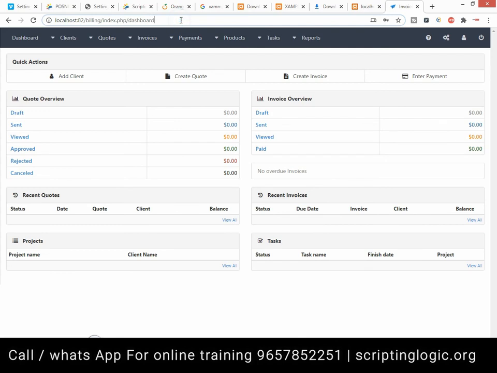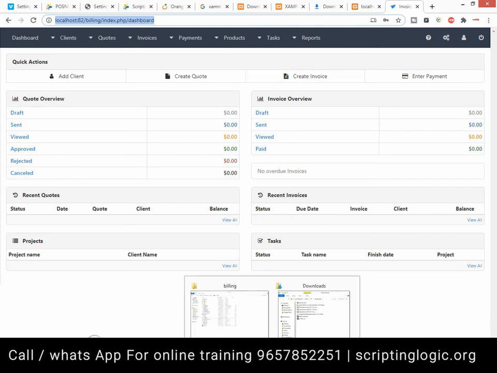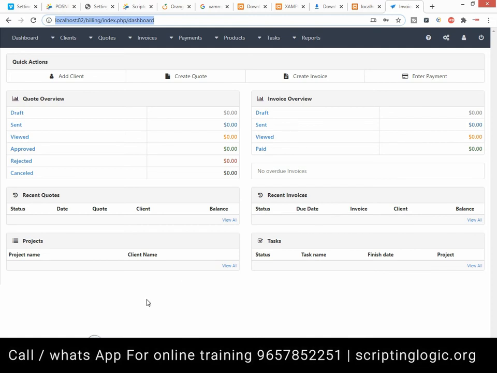It is accessible to only your local area network. So now here, this is accessible currently on my own machine. But suppose my machine is in a network, if this PC or this laptop is connected to some Wi-Fi network, and the same Wi-Fi network is associated with my mobile as well, I can put the IP address of my machine instead of localhost and the rest of the URL on my mobile, and I can access this URL on my mobile as well. If I am connected to the same Wi-Fi network, instead of localhost I have to put just an IP address.